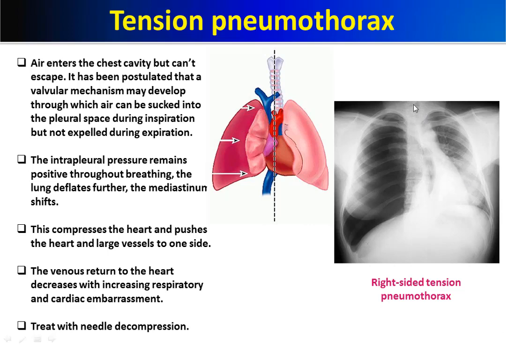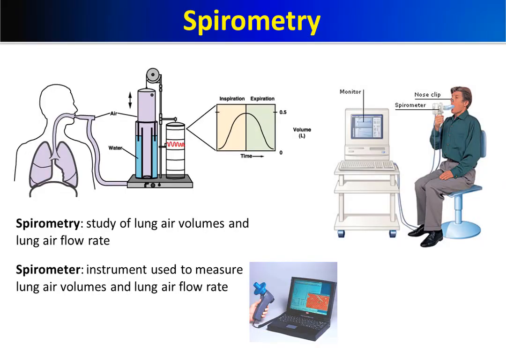And can you see here the trachea? This is the thoracic vertebra, and this is the trachea, air in the trachea, and the trachea is in the mediastinum, and it has been pushed to the left side as a result of left-sided tension pneumothorax. So the left-sided pleural sac is full of air and air cannot get out. We have finished describing the dynamics of the breathing cycle and the pathophysiology of pneumothorax.